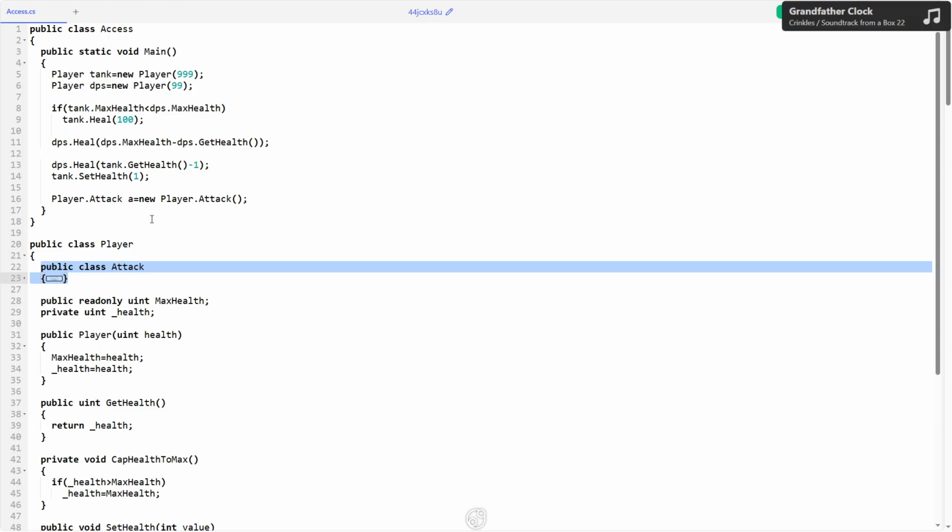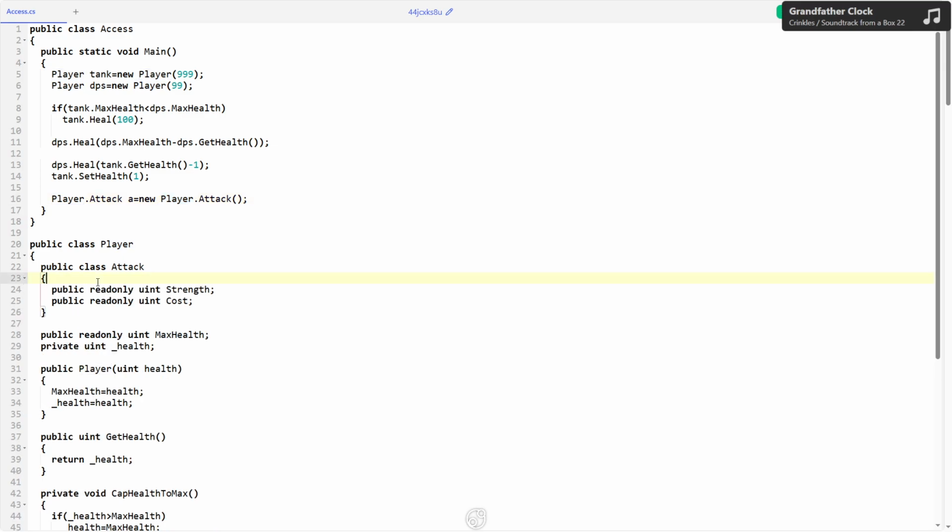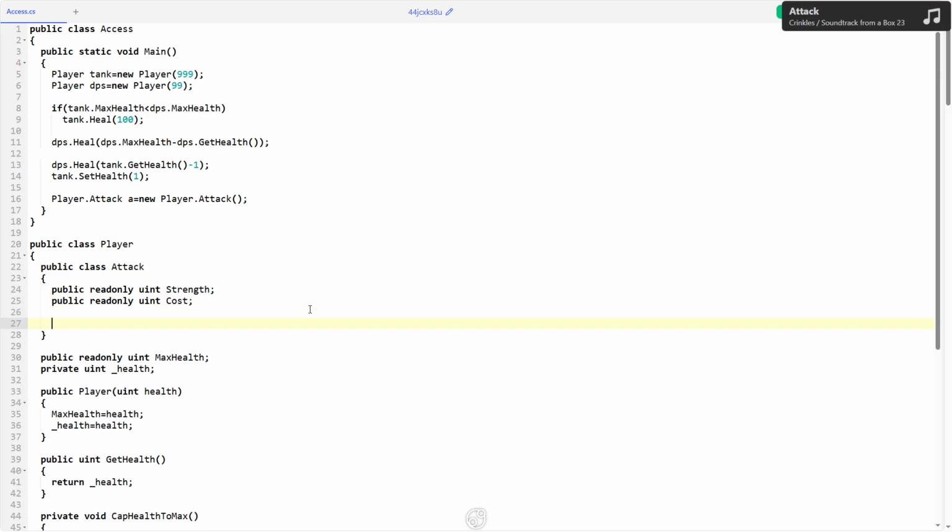You can't have it without Player. So you always start with Player dot. But after that, well, this is a class, a custom type. Everything after that is like a normal class. Just have to make sure that you always add Player dot in front. That's all. Otherwise, this is now a normal class. That is, until you have two things. First of all,